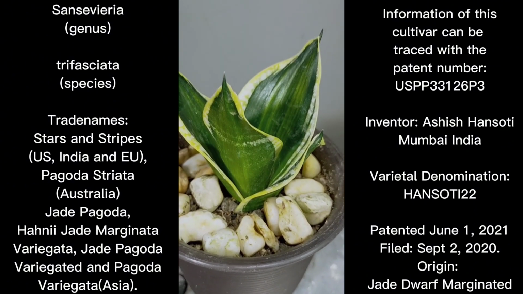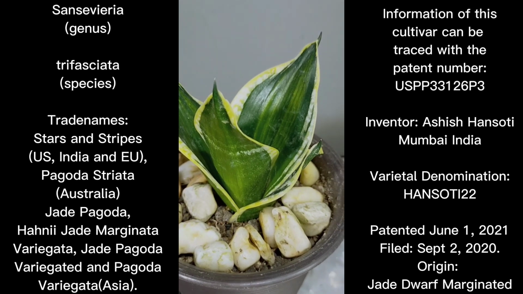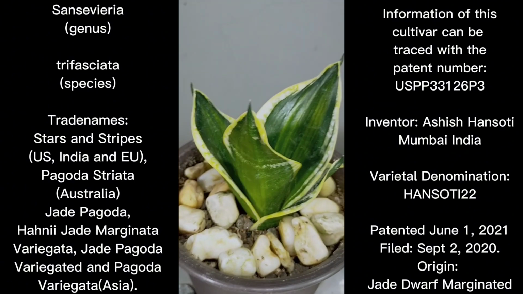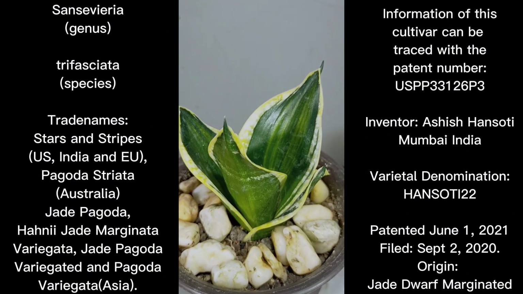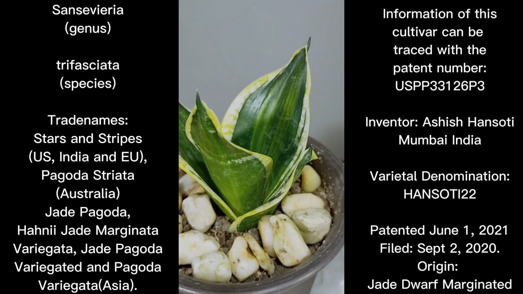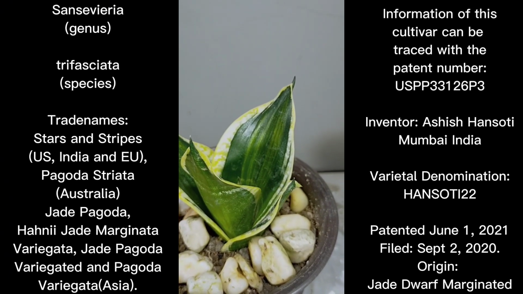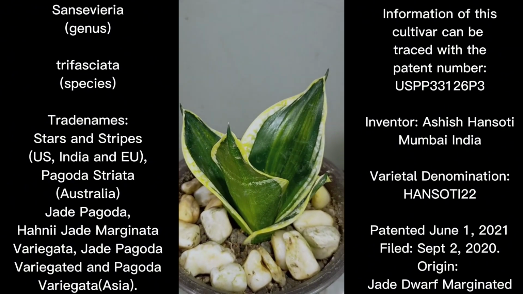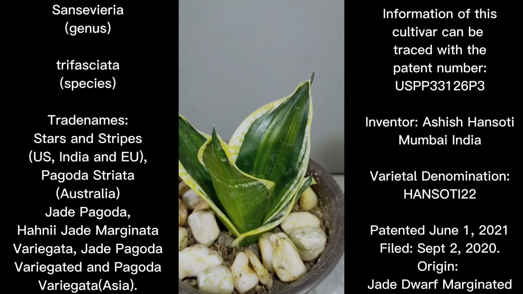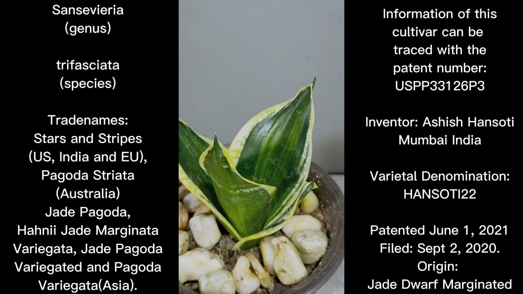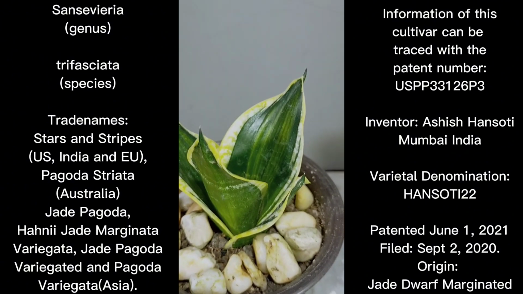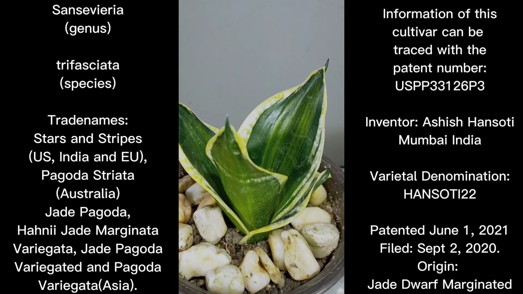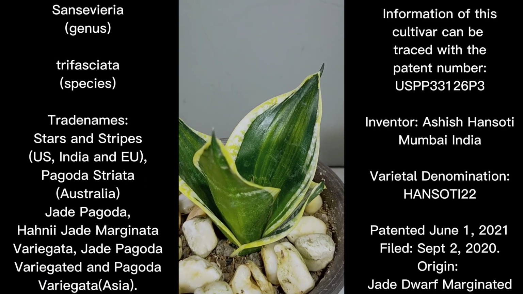The patent number I'll also include on the side of the information for it as a history, because as I researched, all the names that were mentioned have not applied for any patents regarding the plants, or why the name came to be, or where it originated. However, this patent that I am mentioning has all the materials or proof that describe that they legitimately mutated or cultivated this particular trifasciata short leaf cultivar. So the US patent is USPP